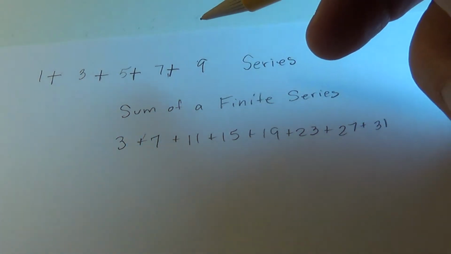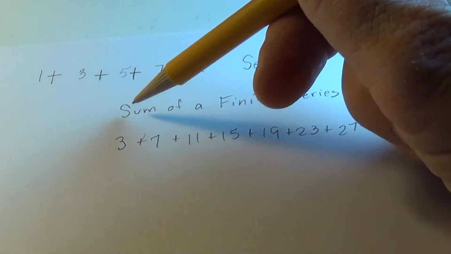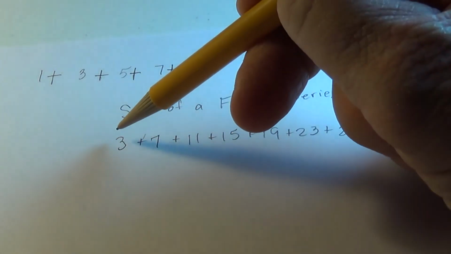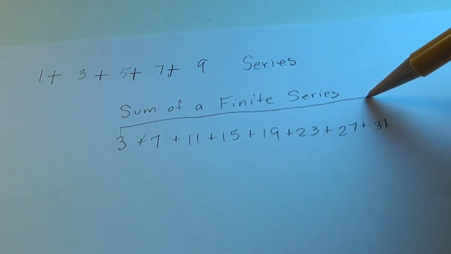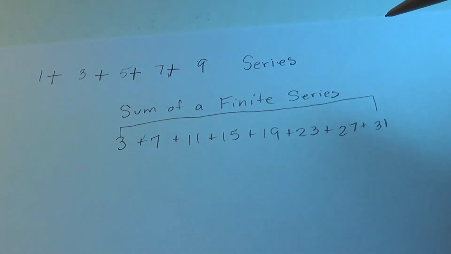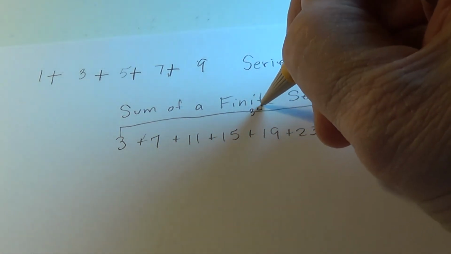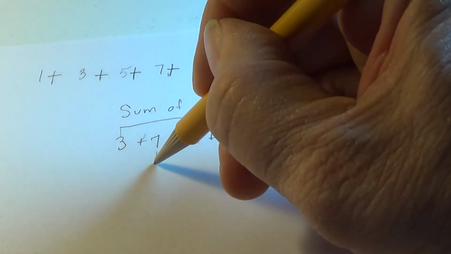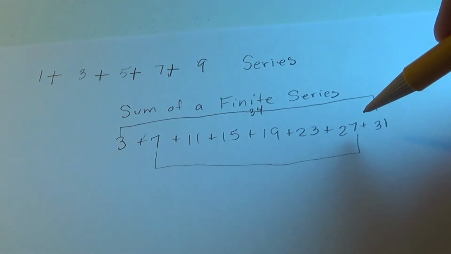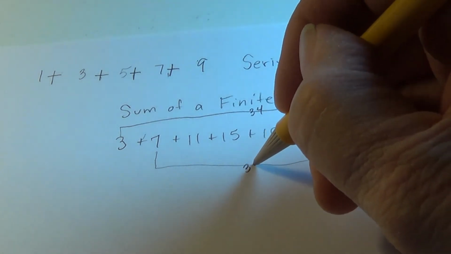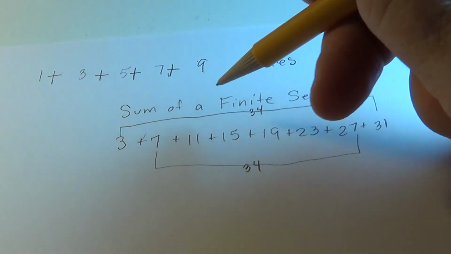So I want you to note that to find the sum of a finite series, that means it has an end, I want to see in this case, what's the sum of the first and the last numbers? 34. What's the sum of the second and the second to the last? 34. What's the sum of